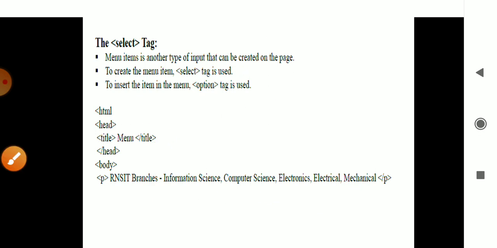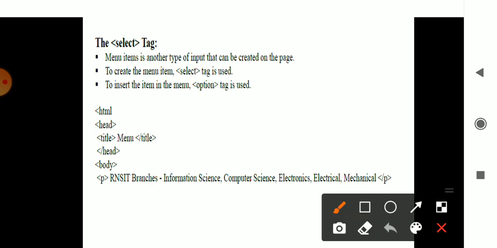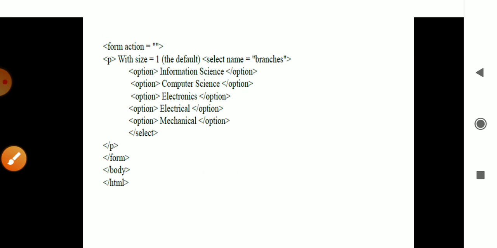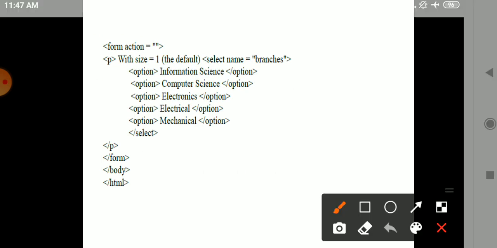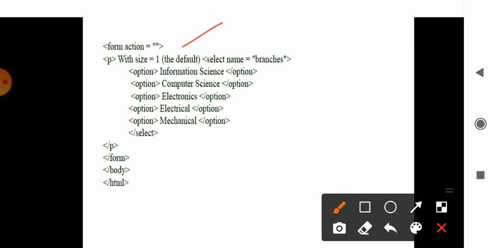Here also some parts of the RNSIT branches are there, which include information science, computer science, electronics, electrical, mechanical. These are the options. When you consider the form, you are presented with a size of elements and a select name with the branch.